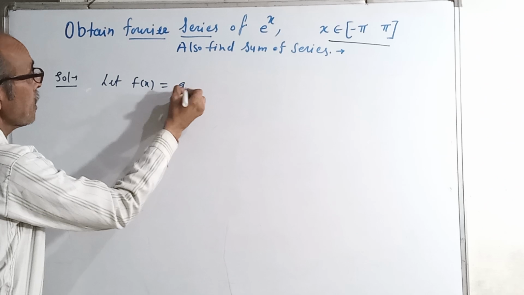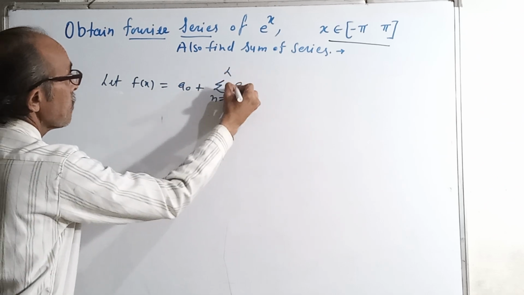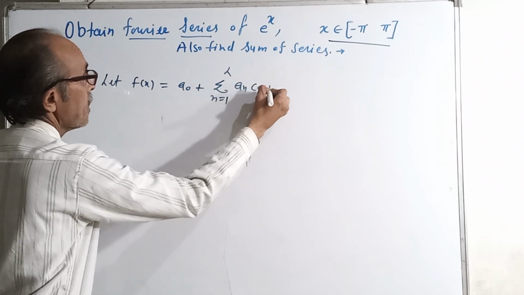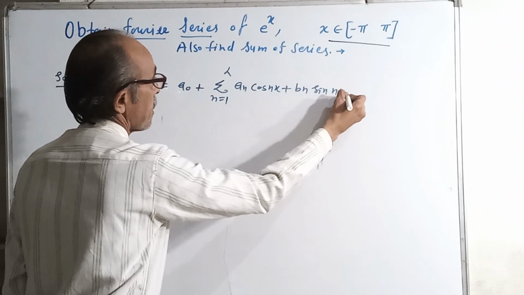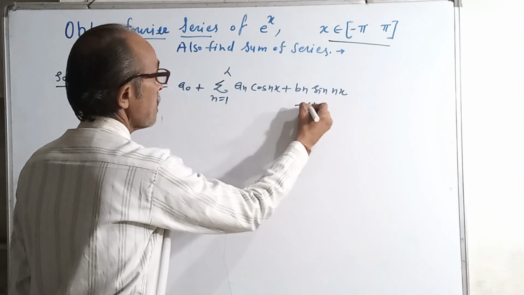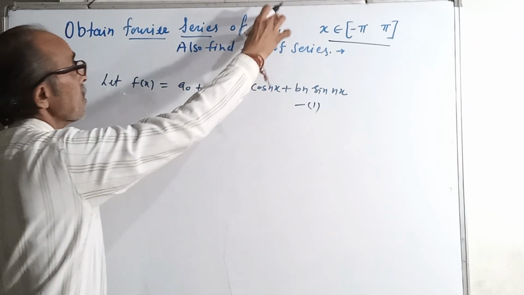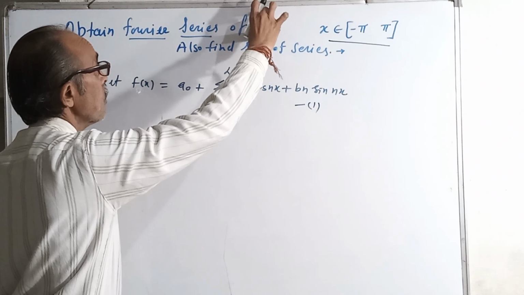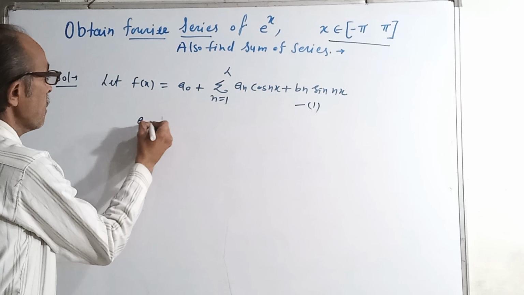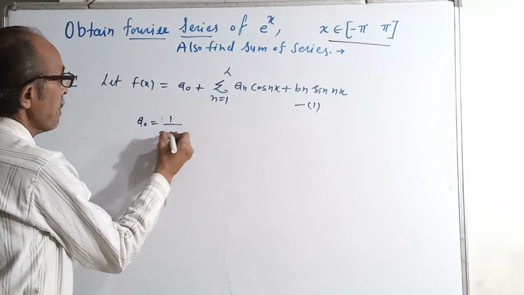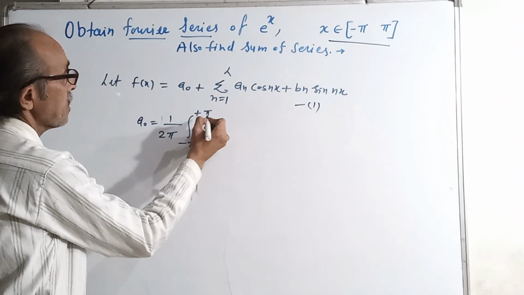is equal to a0 plus summation of n equal to 1 to infinity an cos(nx) plus bn sin(nx). This is the series, and now by this series we find the Fourier expansion value for e raised to x, and a0 is given by 1 upon 2π integral from −π to +π f(x) dx,